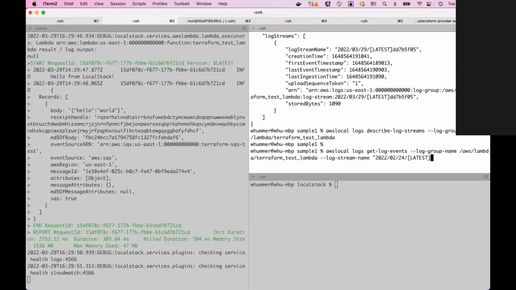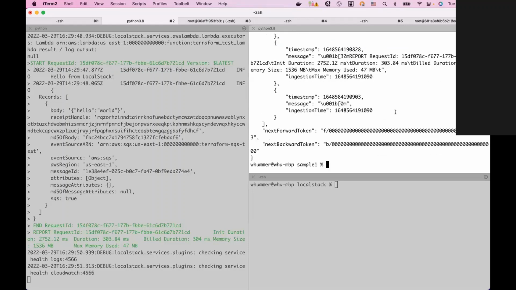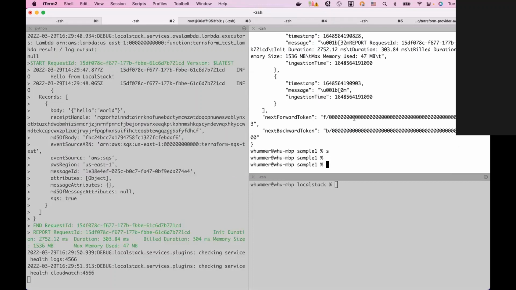So we can also get the logs in a programmatic way directly from the API itself. I just need to copy the log stream in here, and then we should get the individual logs from the API. Those are the same ones that we see here on the left-hand side, right? So again, a fairly similar experience to what we're used to when we work with the real cloud, but